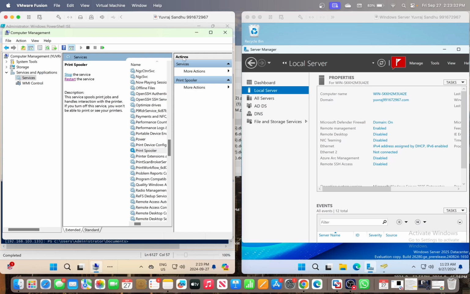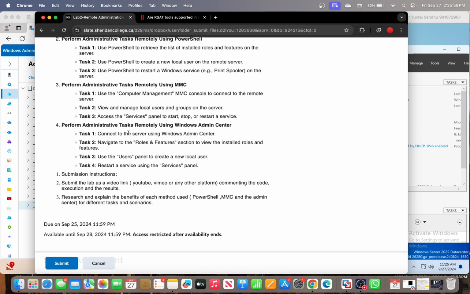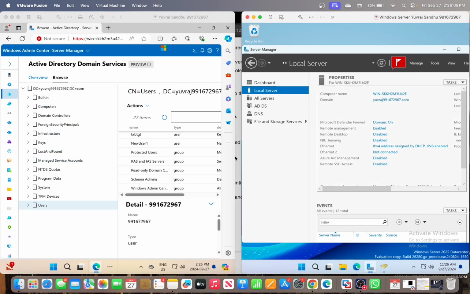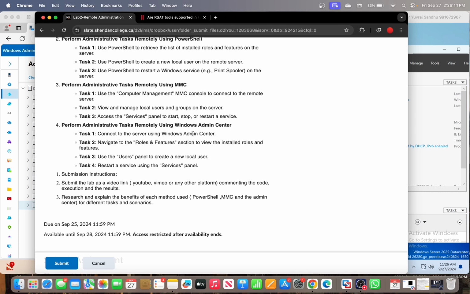And restart the service on the server VM. So for the fourth task, perform administrative tasks remotely using Windows Admin Center. So we have Windows Admin Center here on the client VM, and then here's the server VM. Now, if you want to navigate to the roles and features section to view the installed roles and features,